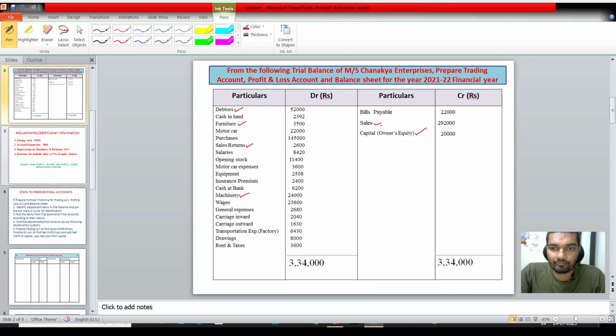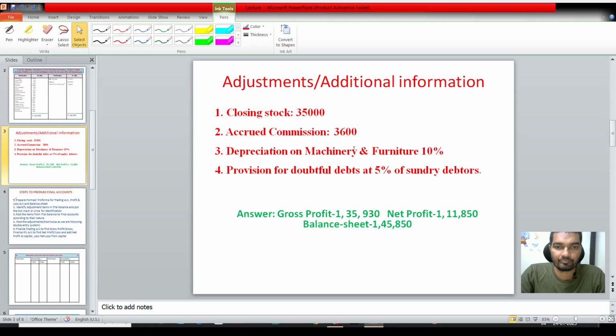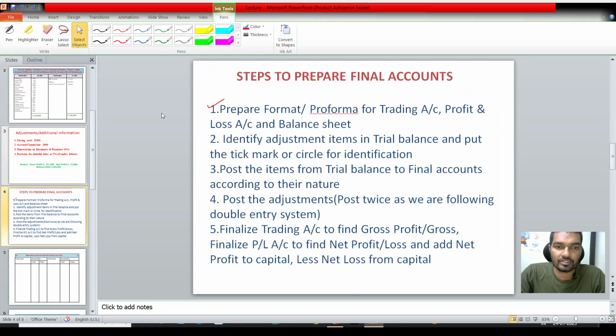In the given sum there are no purchase returns. Purchase returns are also called return outwards. Sales returns are also called return inwards. So this is the second step. So second step also completed,